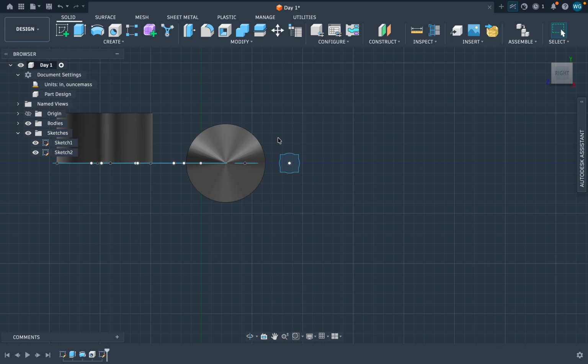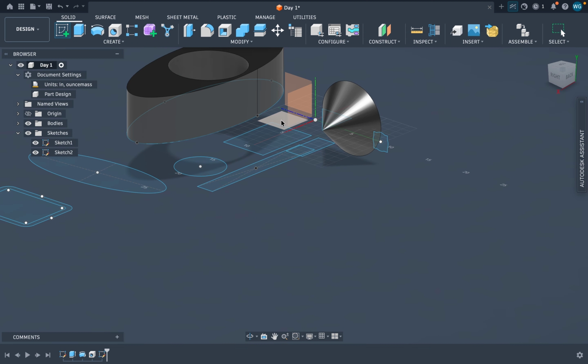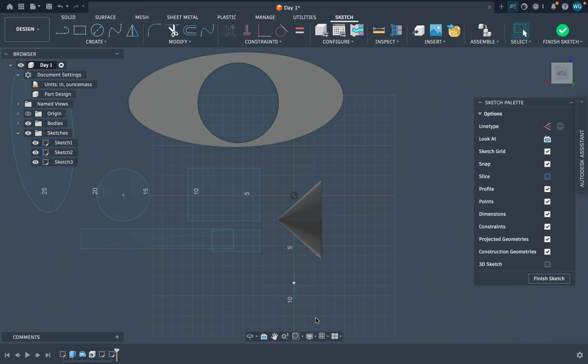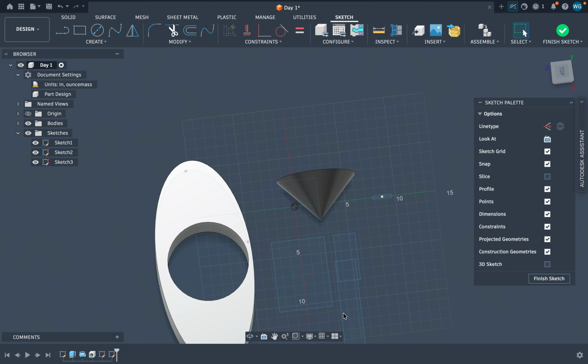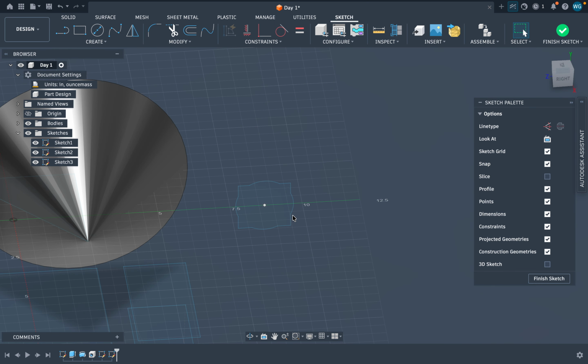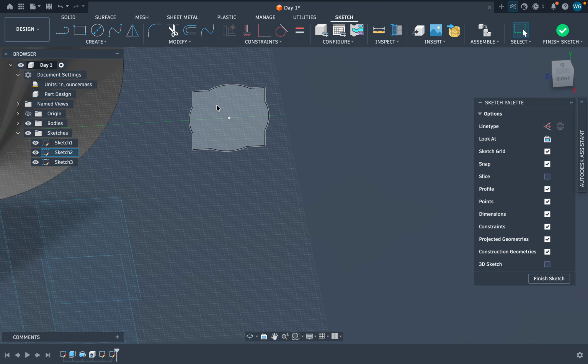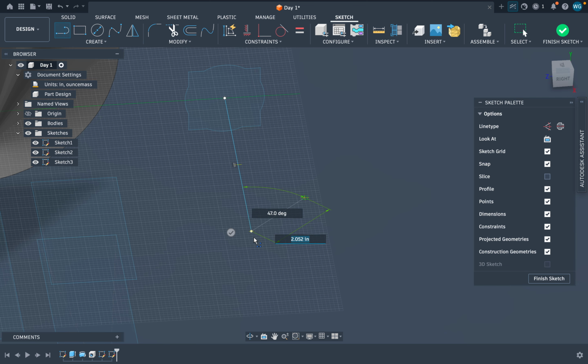Then, since we wanted to follow a path going this way, we're going to make a new sketch on the Z plane. Right here, if we move it a little bit, right here, we want to make a line that either goes straight or curved right here, so that this face can follow. If we want to make a straight line, we do a straight line, like such as,